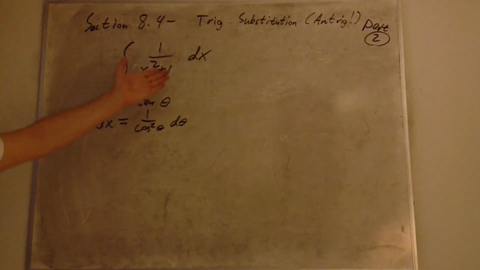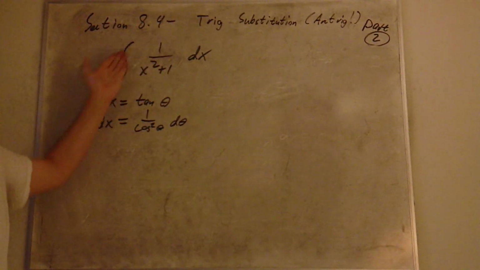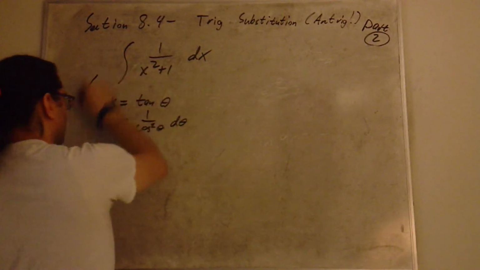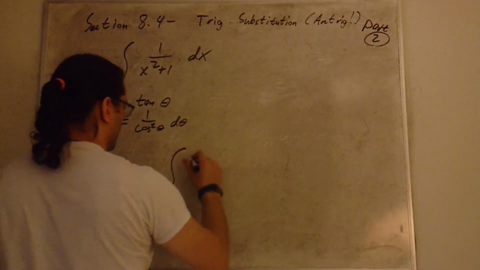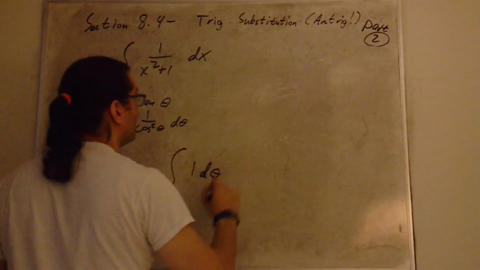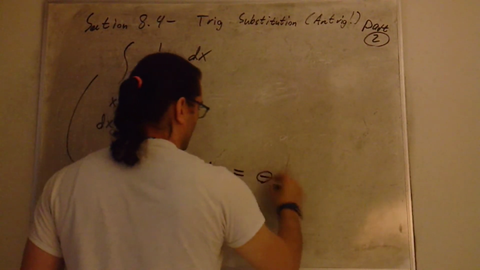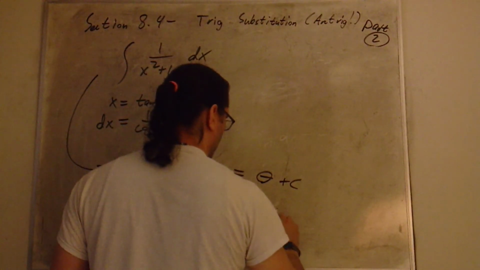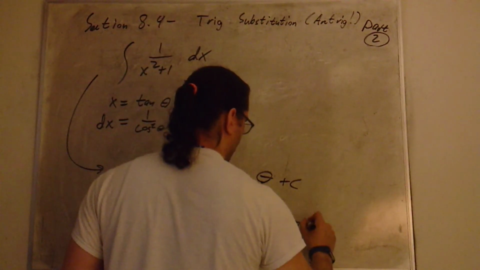You can substitute these guys in, you can do a lot of simplification and cleaning stuff up, and you should end up eventually with the integral of 1 d theta, which is theta, plus c, which is the arctan of x